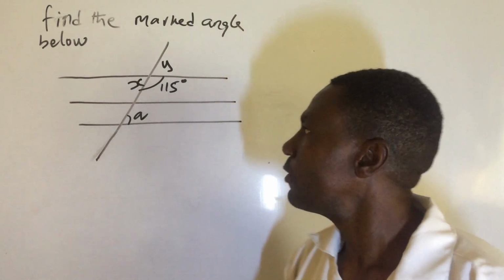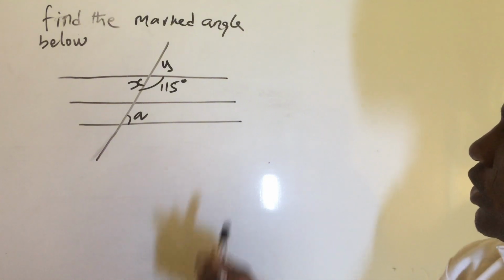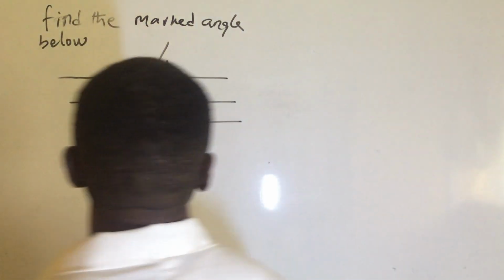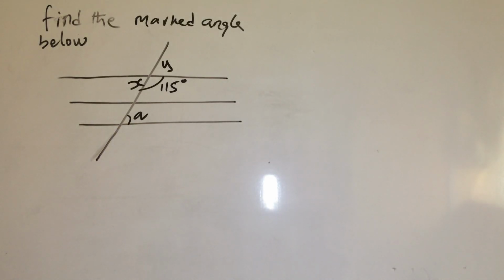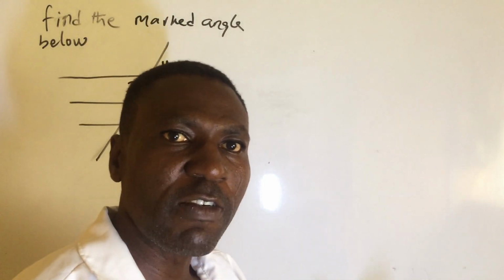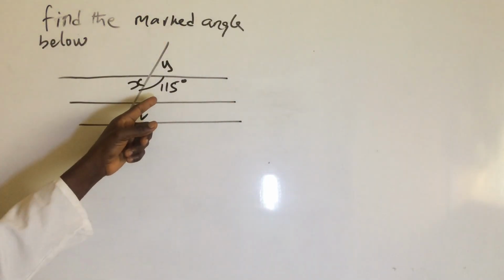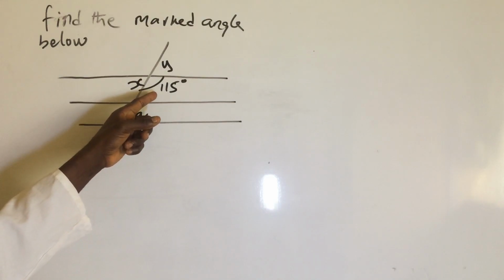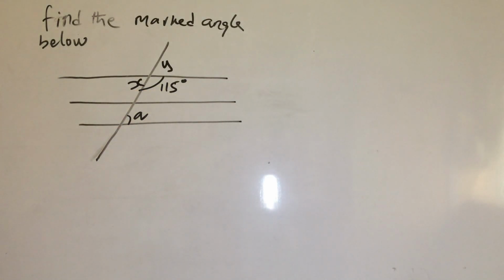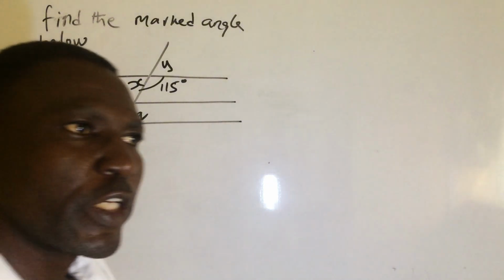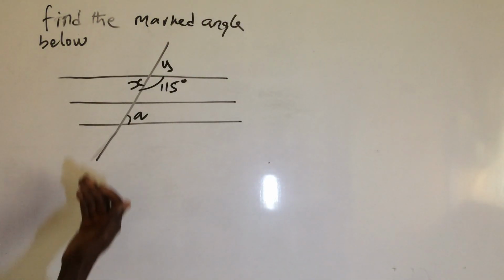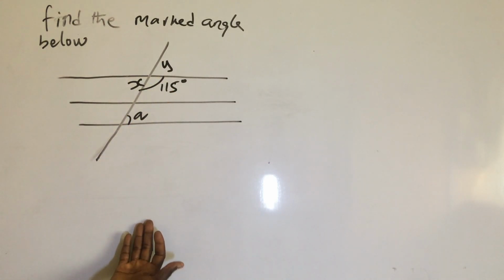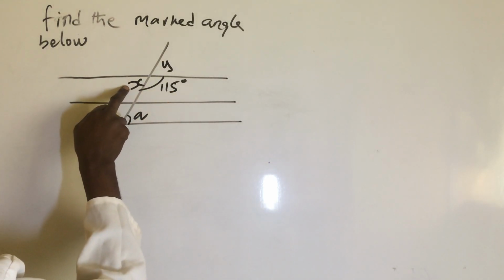All right. Now, coming to this place, we need to find y, x, and a. But the only reference angle they have given to us is this angle, which is 115 degrees. Okay. From the introductory part which I've given to you before, which angle can we find here? We can now find this angle x,